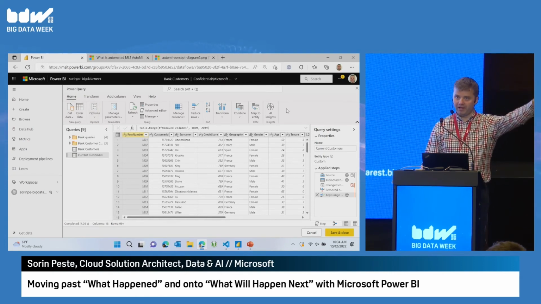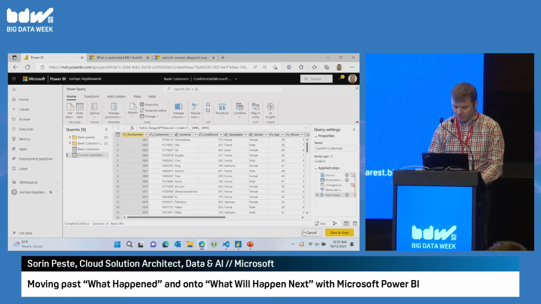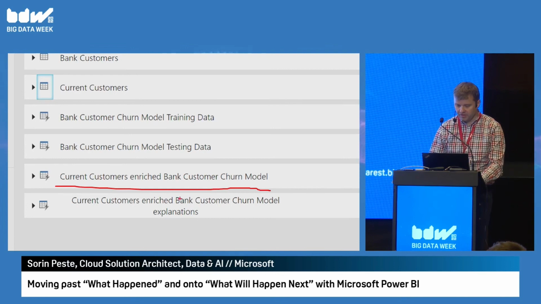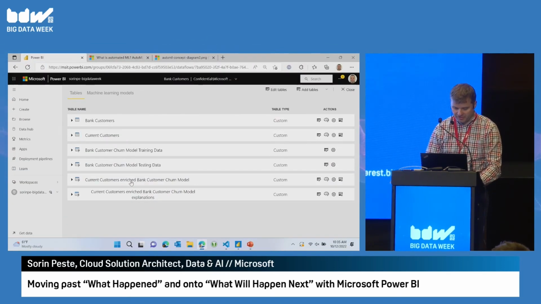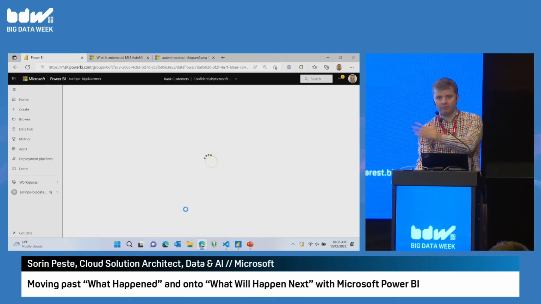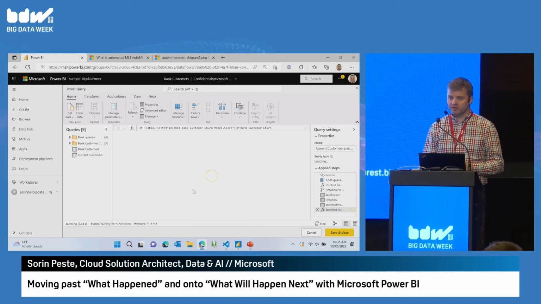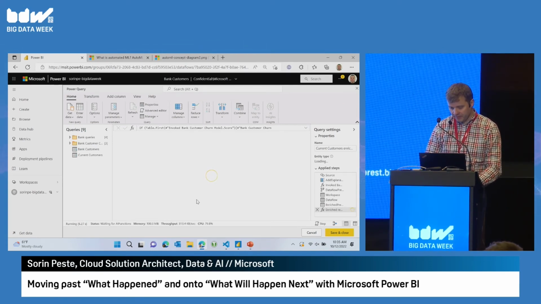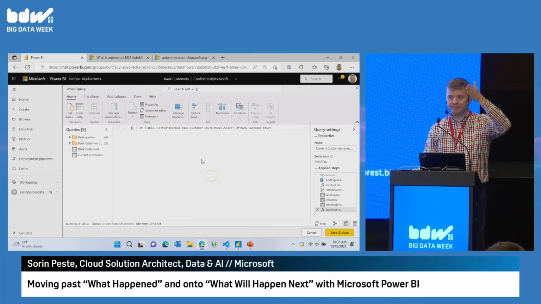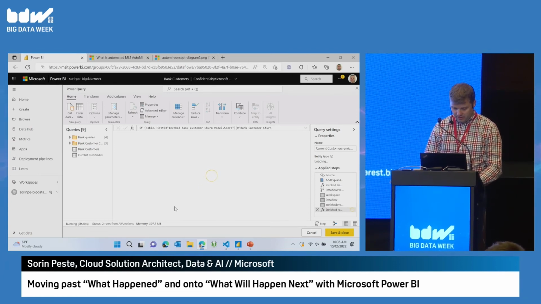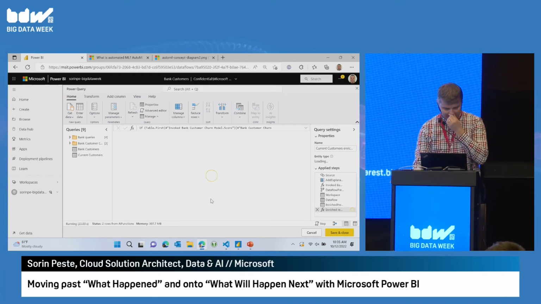I don't really have time to do the apply button and select all those choices. But basically, once you do that, you have this kind of data set that enriches the existing data set with the predictions. So I can just open this one and I'll show you what the model shows you. If you apply that model using that apply model button or maybe some sort of automation, you will get something like this. So for all the current customers, it will add a couple more columns to the data set. And it will say, okay, it is a little slow. I guess I haven't applied this in a while.